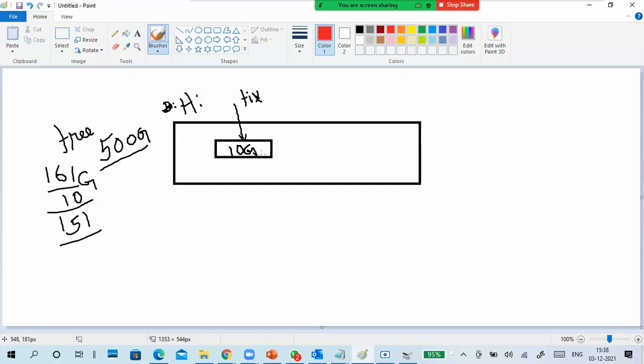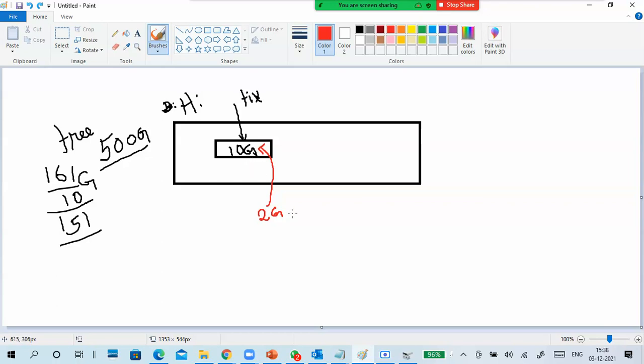Another point is, for example, I put 2 GB data in this 10 GB disk. What will happen? This is constant, no changes, because the 10 GB is already occupied. Whether you put 2 GB or 3 GB or 5 GB, the free space won't be affected, because when you create a hard disk, it is already occupied.